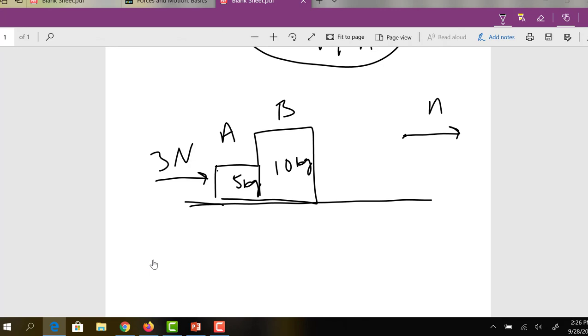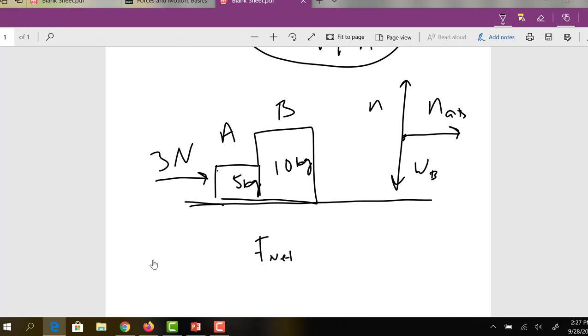Normal from A on B. Normal from the ground, and the weight. This is for B. So this is, again, just the free body diagram for B. So if I wanted to use Newton's second law for this, I would say that the net force,